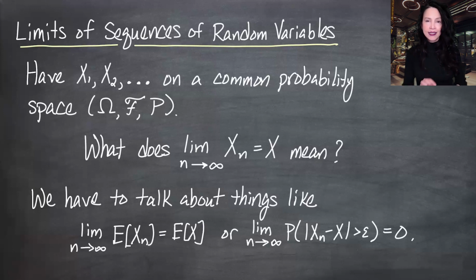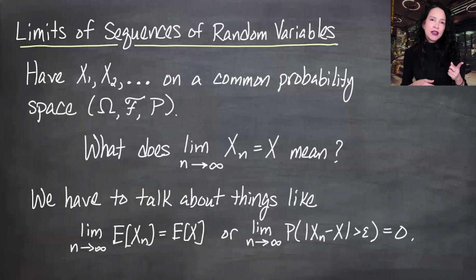The entire point of me saying this stuff is that these are two ways to imagine bringing numbers into the problem. Expected values and probabilities are numbers, and we know how to talk about limits of sequences of numbers. But the first form of convergence we're going to talk about is pretty exciting. If you've taken my courses, you probably haven't seen this yet. If you've taken mathematical statistics, I think you've seen convergence in probability and convergence in distribution and maybe convergence in mean or mean squared. Again, don't worry if you don't know what I'm talking about. But I never get to talk about almost sure convergence because it needs measure theory.